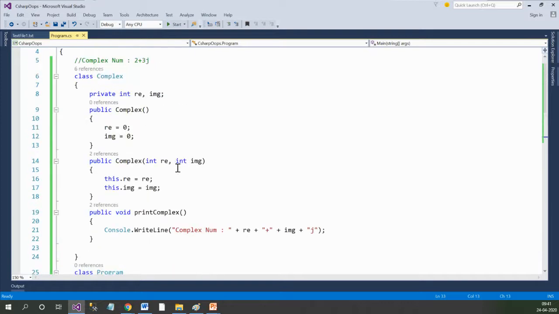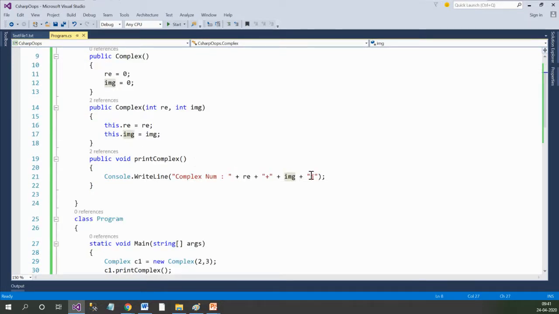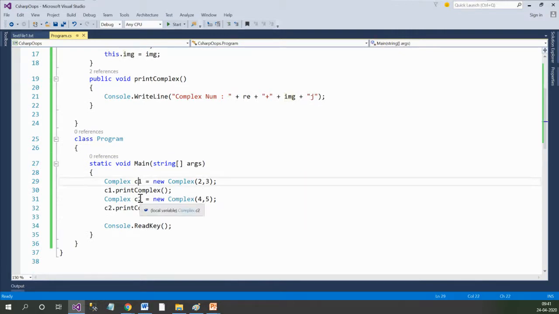So here we have an example that we have already studied, the complex class, which has real and imaginary parts, and it prints the real and imaginary. Here two objects are there, C1 and C2, holding the numbers 2 plus 3j and 4 plus 5j.